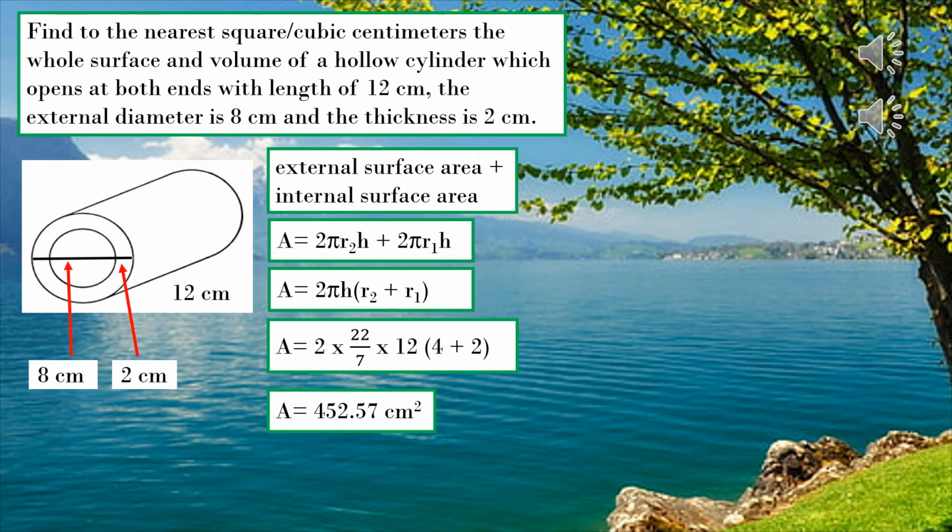452.57 square centimeters. I told you, find to the nearest square centimeters. So this one is okay because this is not yet the final answer. That's only the surface area, the external and internal surface area. Okay, next is